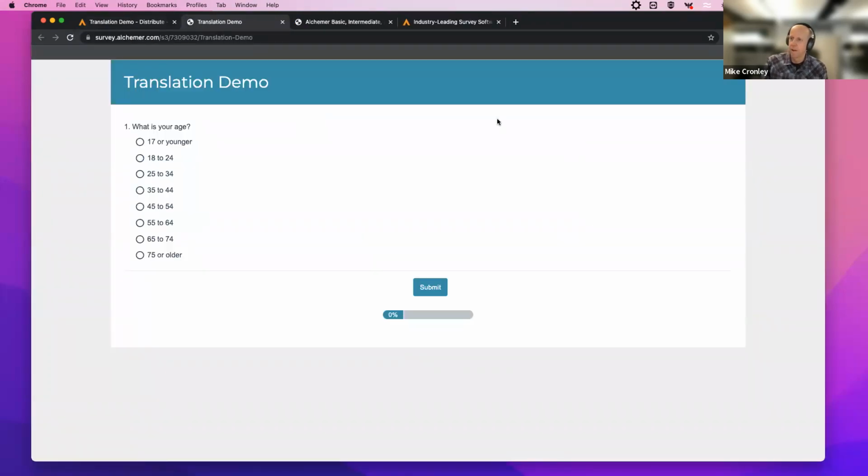So my computer is saying English is your default language, so we're going to render the English version. But up in the top right, I can choose as a respondent to say, you know what, I actually would like to read in Spanish. Spanish is my native language. So I'll click Spanish. And this is kind of the proof of that translation is coming through.